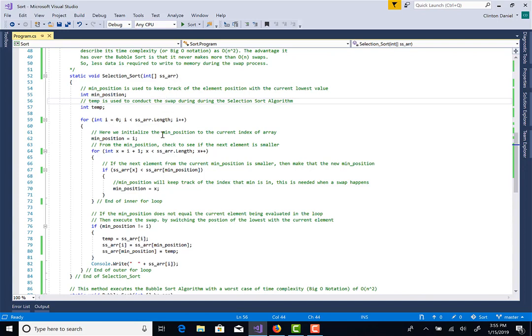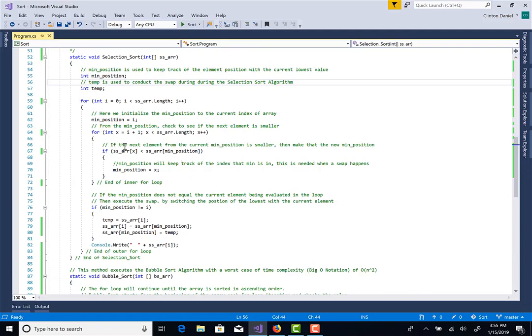So we interrogate the values of that array using the selection sort algorithm by first looping through those values. And again, we're going to keep track of that minimum value, the element that contains the lowest value in each sweep. From the minimum position that we locate, we check to see if the next element is smaller. Each time we start from the first element we're interrogating in the array, and that becomes our lowest at that moment. And then we check, is the next one less than that one? If it is, we mark it as the minimal position, and then down below right here,